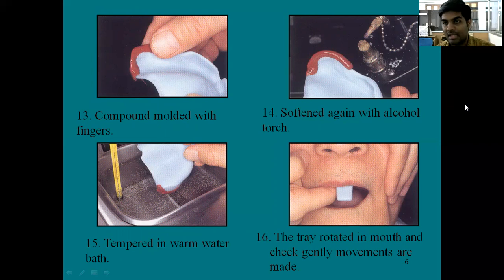Few suggest that we start from the labial frenum area, then go to the labial vestibule, then buccal frenum, buccal vestibule, hamular notch and distobuccal sulcus, the hamular notch, and then the posterior palatal seal. This is what we normally follow, but a few textbooks suggest that we can start from the distobuccal sulcus, from the hamular notch area.